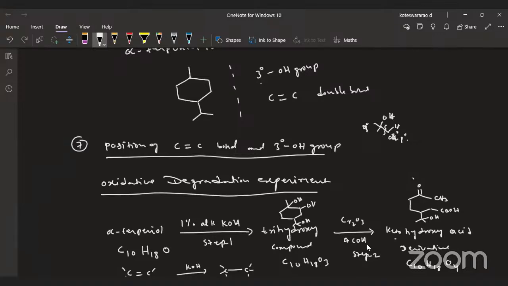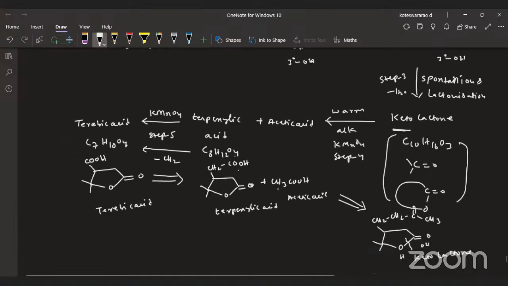OH, and OH. Now this dihydroxy group is generated from the oxidation with the KOH of the alpha terpinol. Now what is the structure of alpha terpinol? Simply OH and double bonds. Now whenever we are analyzing from the end product to the starting product, we can easily find out the structure of alpha terpinol from this degradation. Now from this degradation structure, the structure of alpha terpinol is